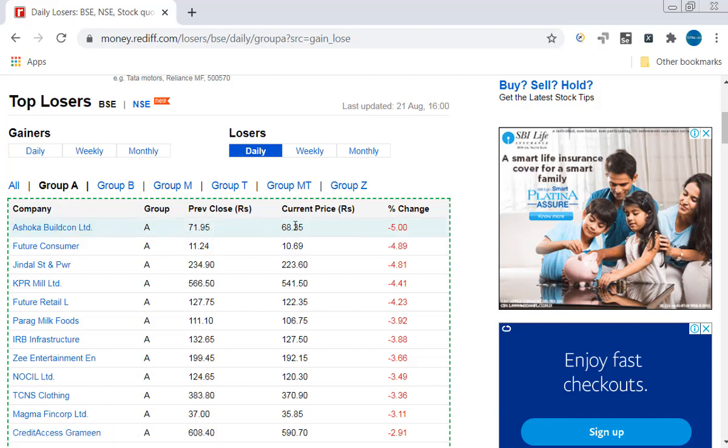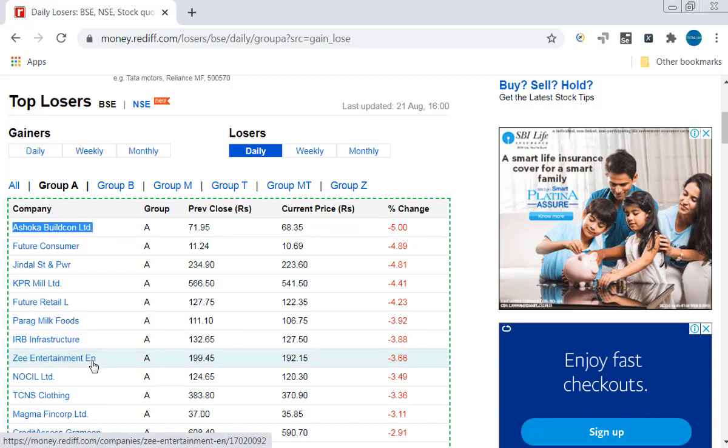This is the current price, this is the previous close. How do you fetch this data? You have to depend upon the text function. We already discussed how to use the text function in the part 2 tutorial for XPath functions. I will provide the link in the description. You can go through the functions in the part 2 tutorial. We are going to use the text function here to identify this row of data.